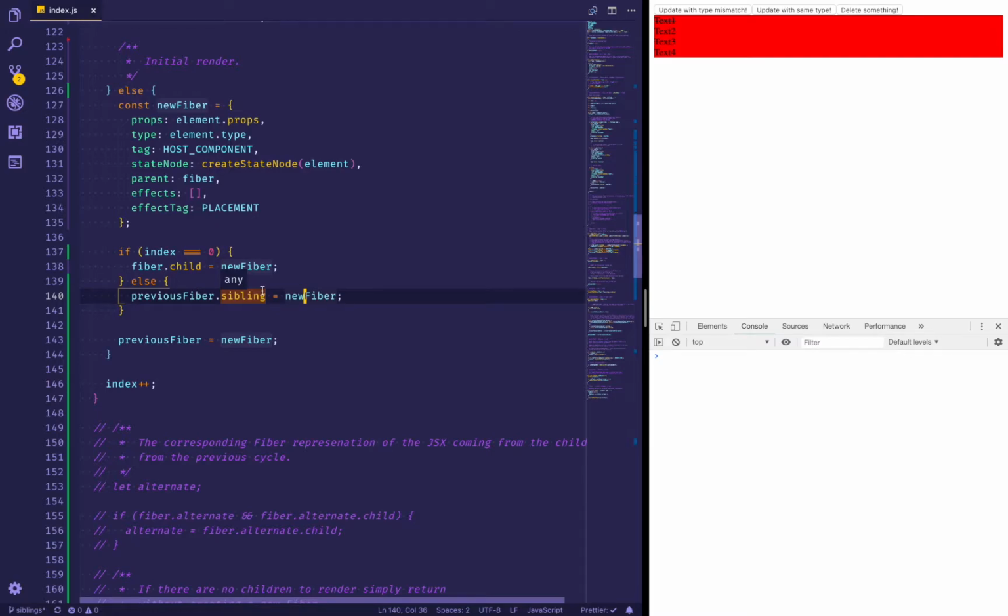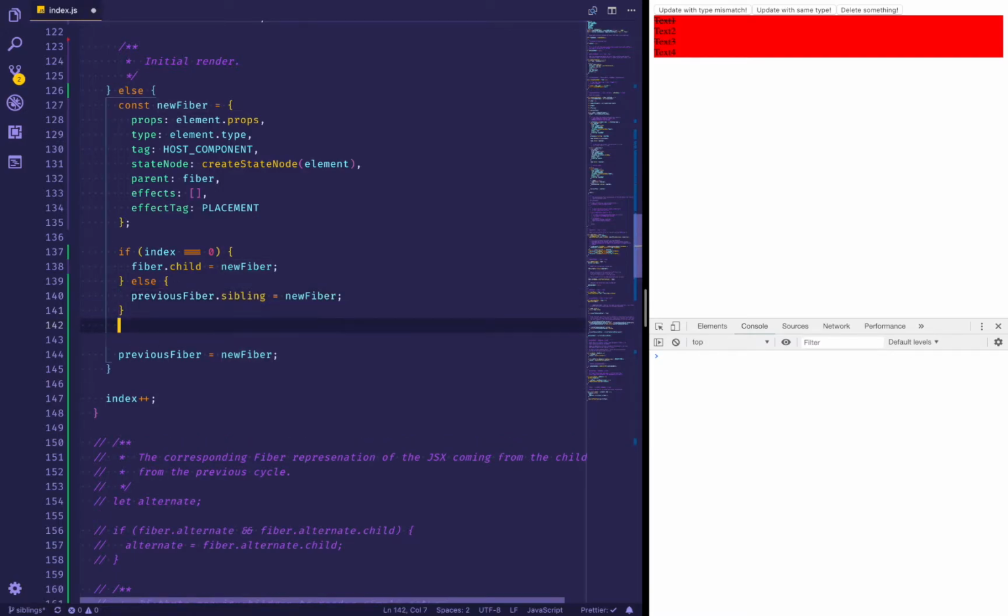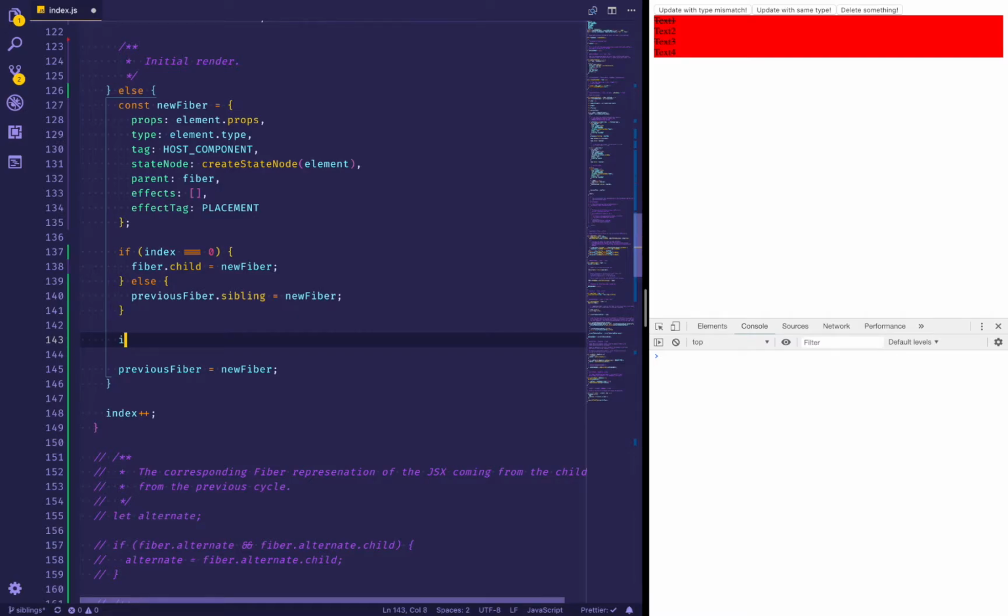Now the problem is that in order to determine whether you have an alternate fiber, you need to move the alternate fibers in the same manner. So it should be something like, so if